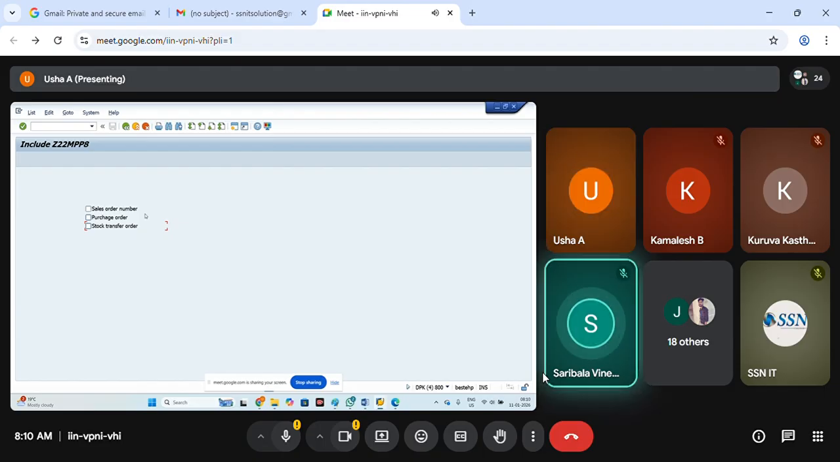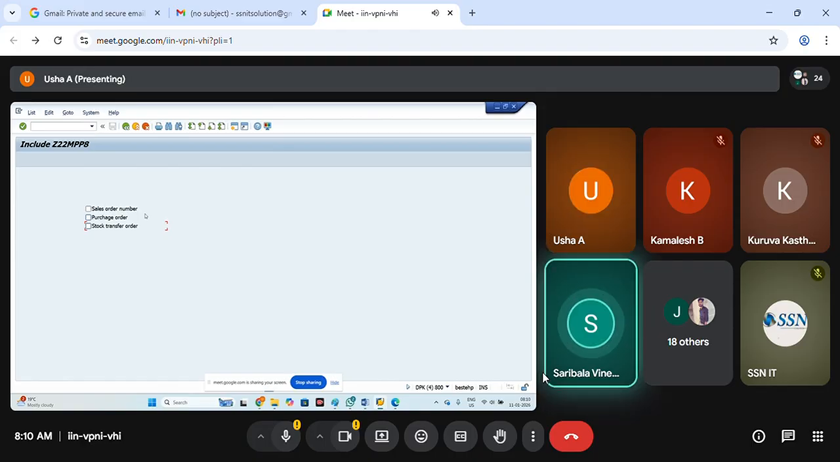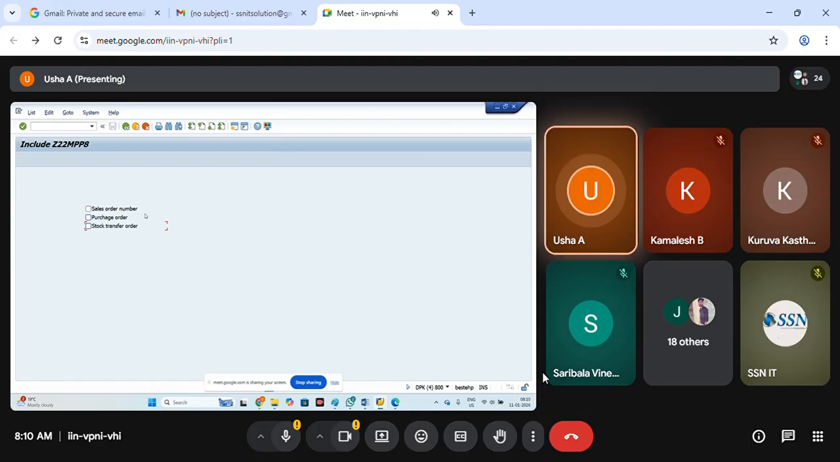No, ma'am. Can we go for the next? Yeah, ma'am. So next one is radio buttons. Checkboxes are done. Then we are going to see how to design the radio buttons. For that, first I'll go to the